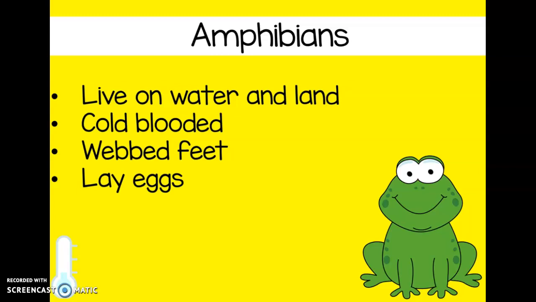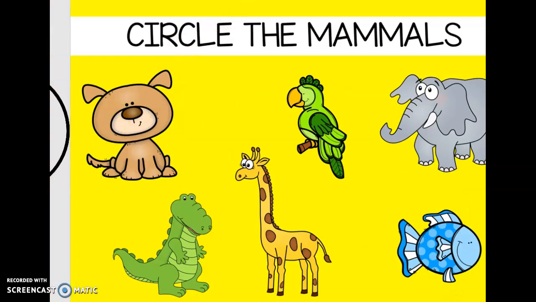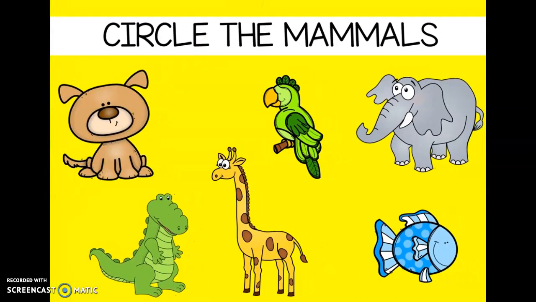So when you're writing your report about your animal, the first thing you have to figure out is that question mark symbol, what type of animal is it? So let's see if you can help me sort the different animals into their categories. We're going to classify the animals. So the first animals we're going to sort for is mammals. And I've got some circles here. We're going to draw the circles